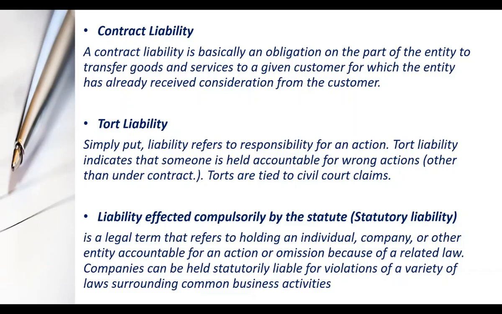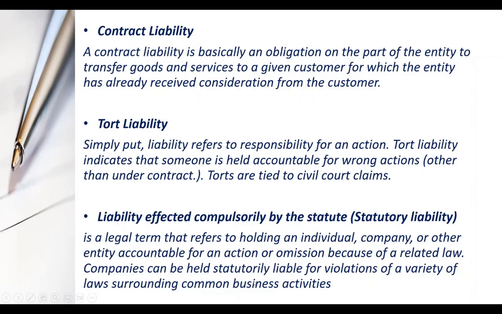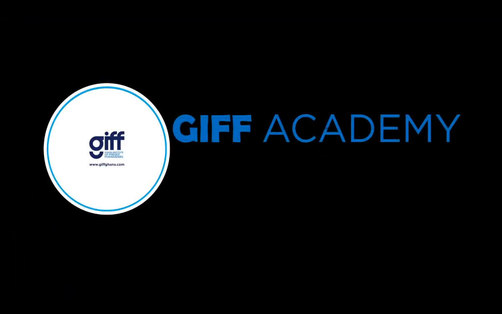So tort liability, like vicarious liability, those encountered as a result of the negligence of your staff, can be covered. Apart from the contract liability and tort liability, we also have